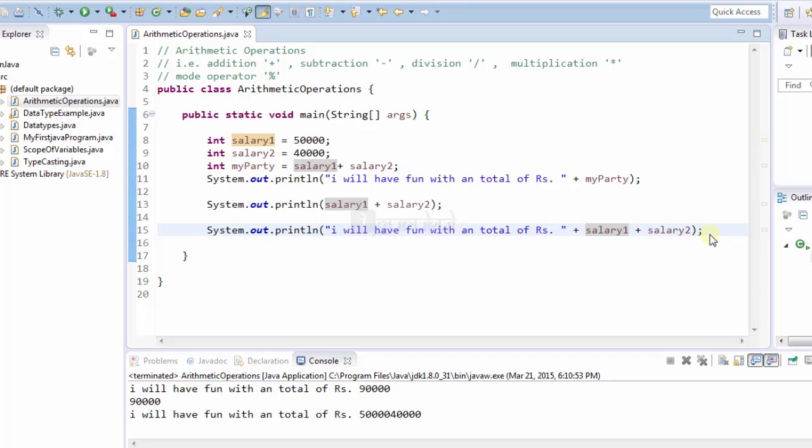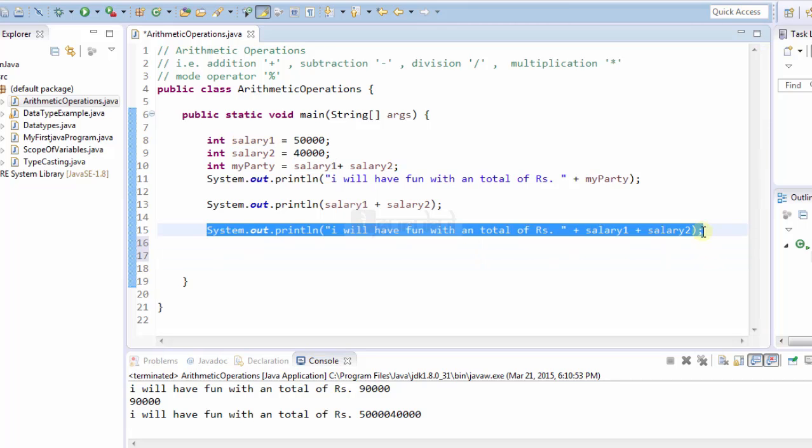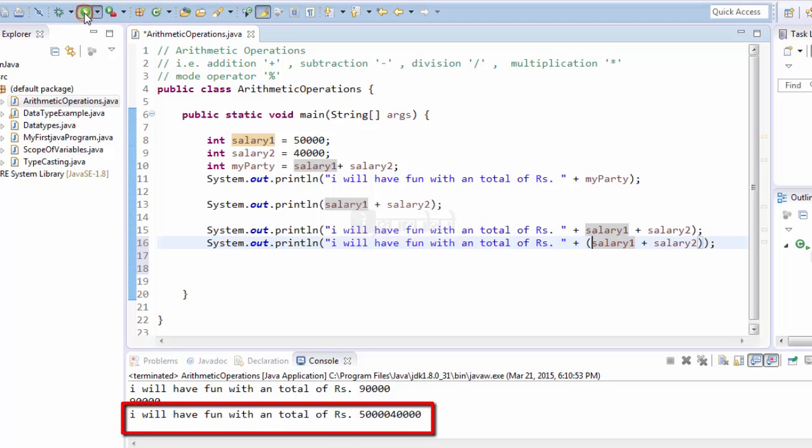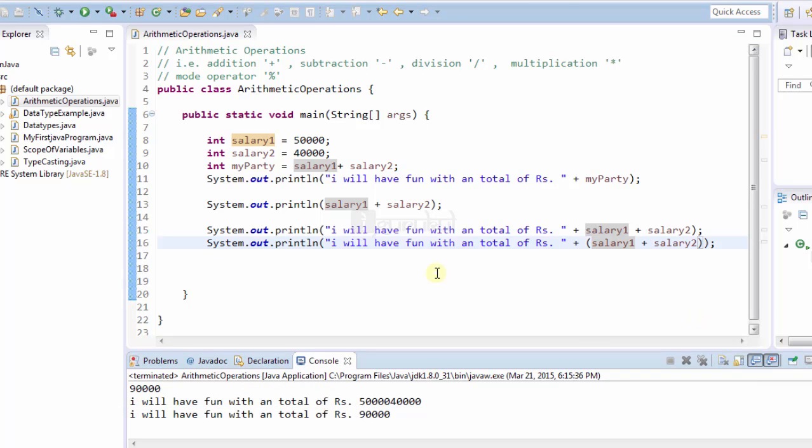So first of all, what it found was the main bracket, then in between that it found a statement, then a concatenation sign, then a variable plus another variable. So when you want the correct output, what you have to do is, you have to copy paste the same thing and put it in the brackets. And let's execute the command and see the output first. See, I again got 90,000 as answer. So what happened here is, when the print command is traversed from left to right, it first found the bracket. So my compiler will first solve the bracket.